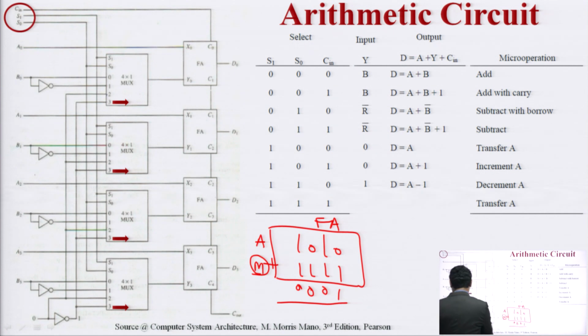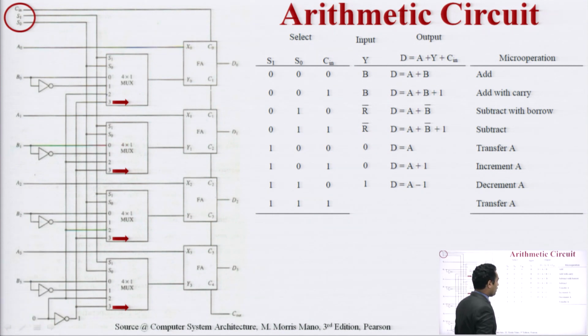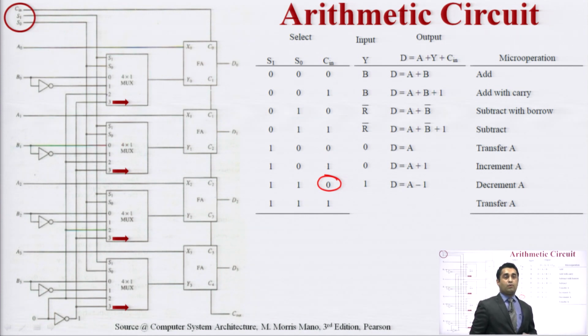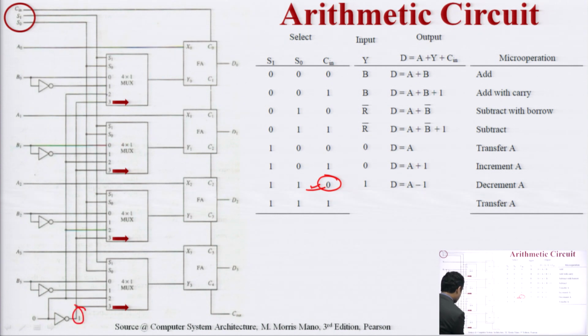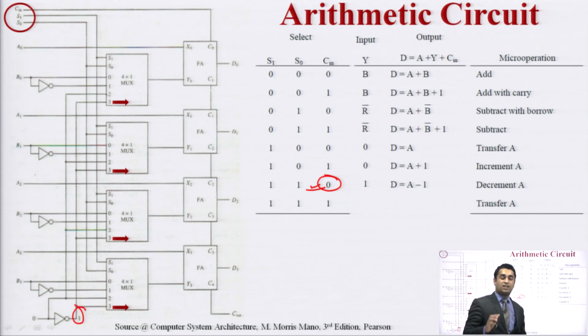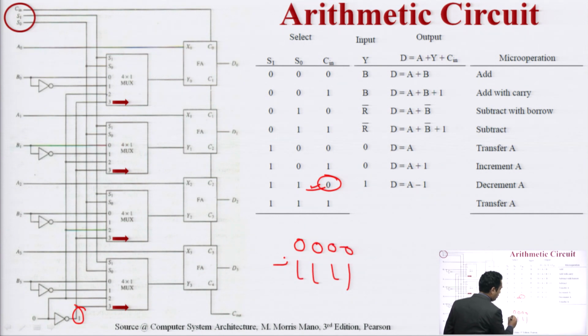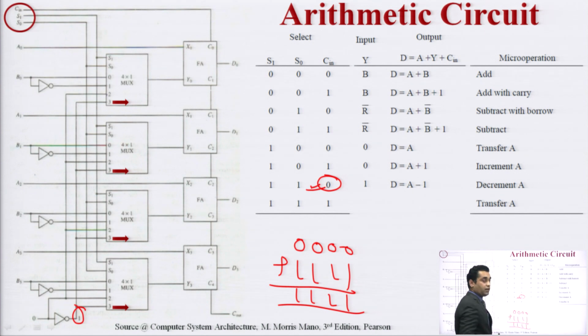And when we talk about the next operation, what is the next operation? What are we doing here? Okay, let's have a look at another example because this is an important one in university exams. Many times this decrement A comes, and this decrement A works with carry in 0, and we are taking this part 3 which is continuous 1. When continuous 1 is coming and you are passing a value to this, what is it doing? This is a special question. If my value is 0, 0, 0, 0 and you are adding 1, 1, 1, the output is always this because the input is 0 and 1.